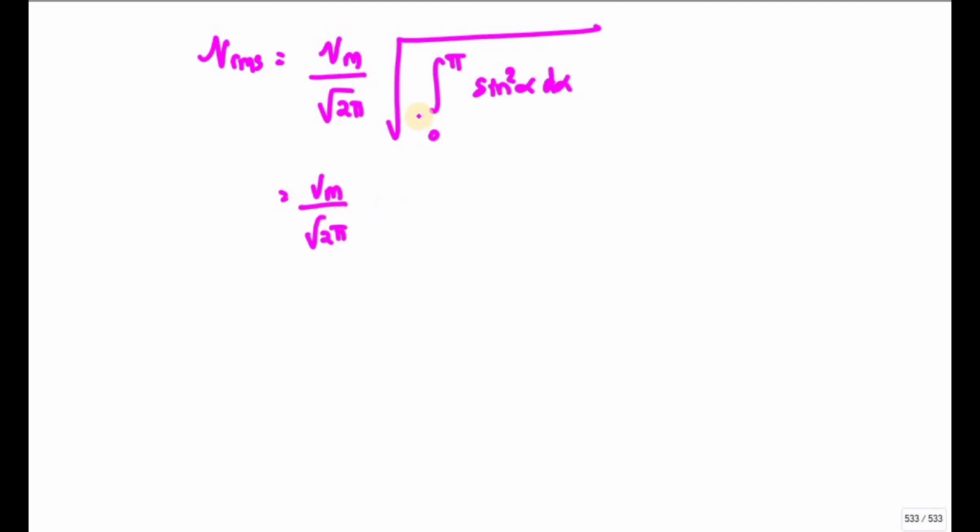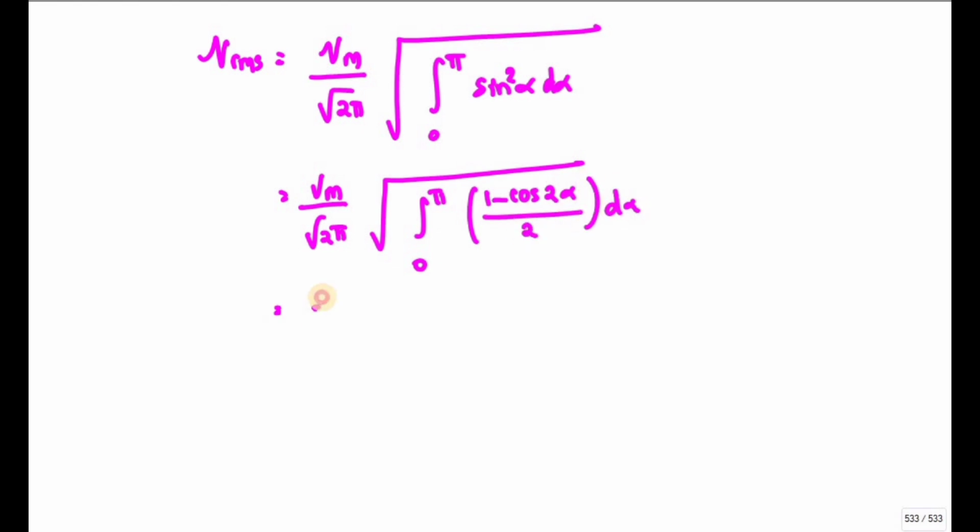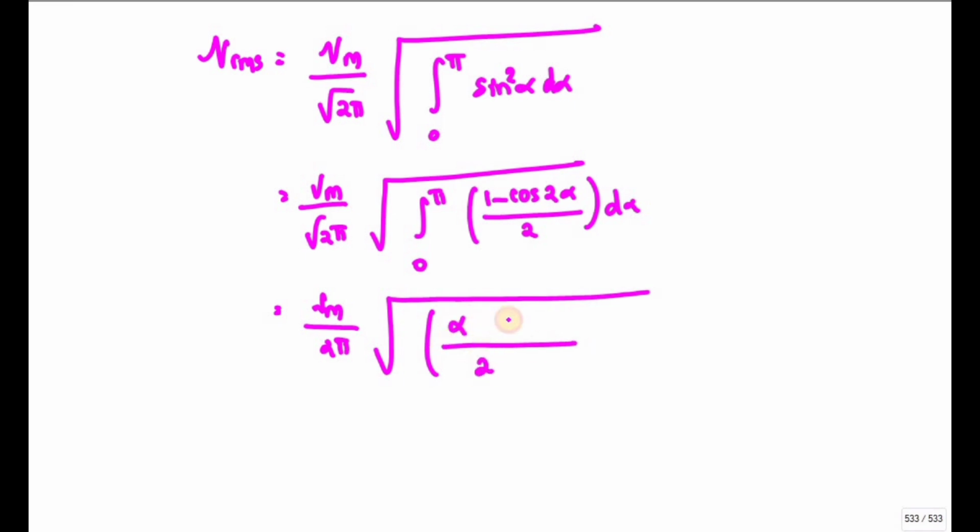So Vrms is Vm divided by root of 2 pi, root of the integral from 0 to pi. So sin square alpha I can write as (1 minus cos 2 alpha) divided by 2 into d tau. Now I can write Vm divided by root of 2 pi, root of, if I integrate 1, I will get alpha minus sin 2 alpha divided by 2, and substitute the 0 to pi